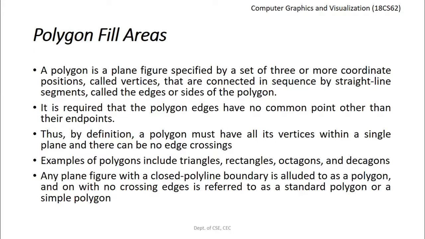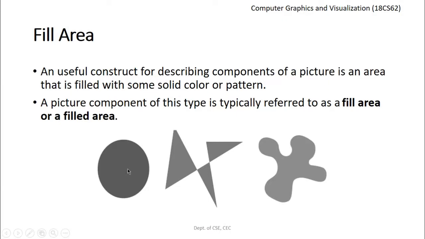Now, graphics routines can more efficiently process polygons than other kinds of filled shapes. As you can see, this is one circle, made up of multiple polygons. Here is one more blob kind of shape. Graphics routines can process polygons more efficiently because polygon boundaries are described with linear equations. If you consider any polygon, its boundaries are defined using linear equations.